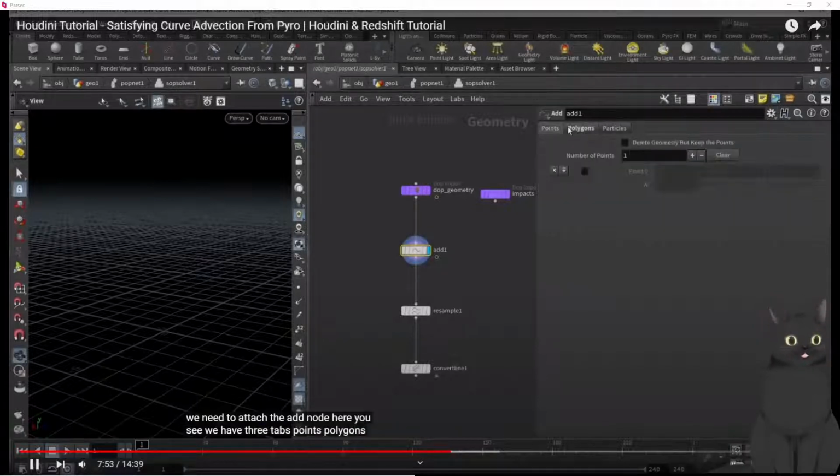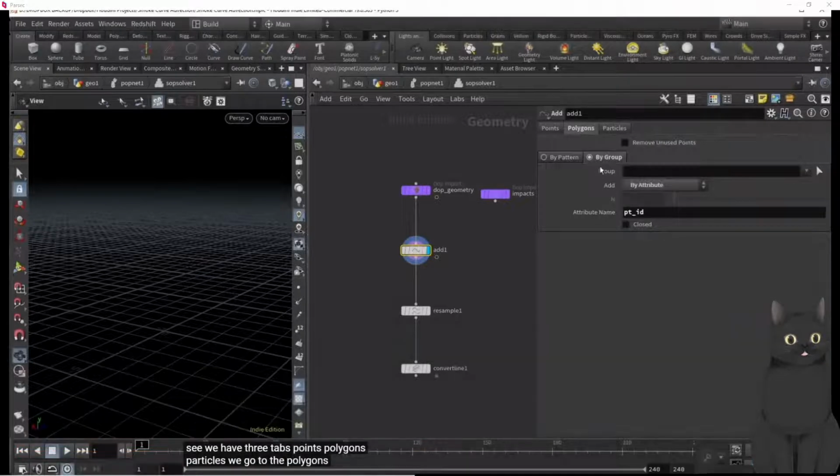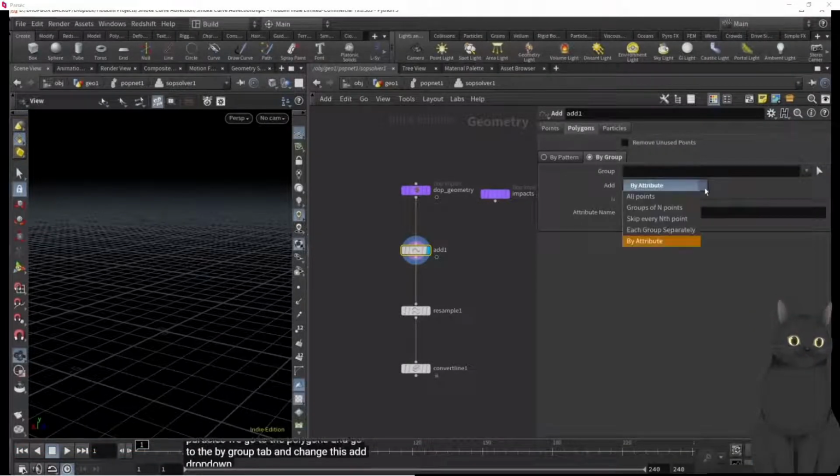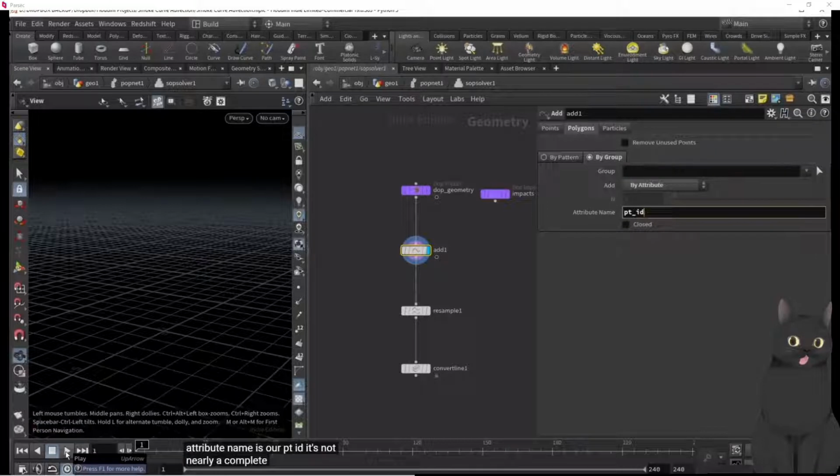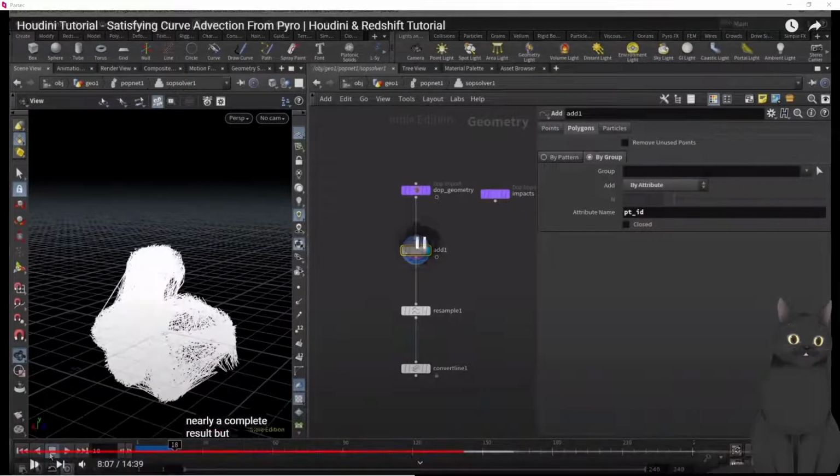we have 3 tabs: points, polygons, particles. We go to the polygons and go to the by group tab and change this add drop-down value to by attribute. An attribute name is our PT ID. It's not nearly a complete result, but